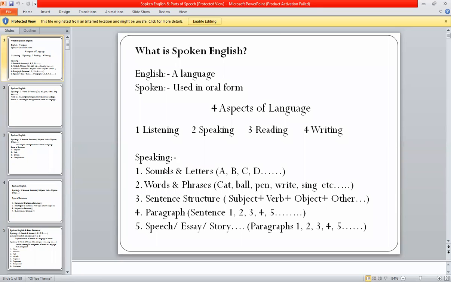Okay, when you join any multinational company or IT company, you will have to speak with your seniors always in the English language, and with your juniors also you will have to speak in English. So for speaking,